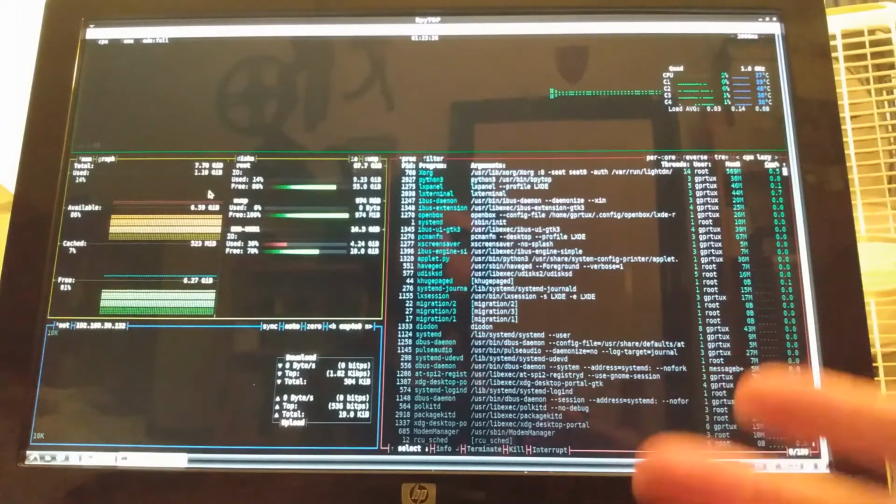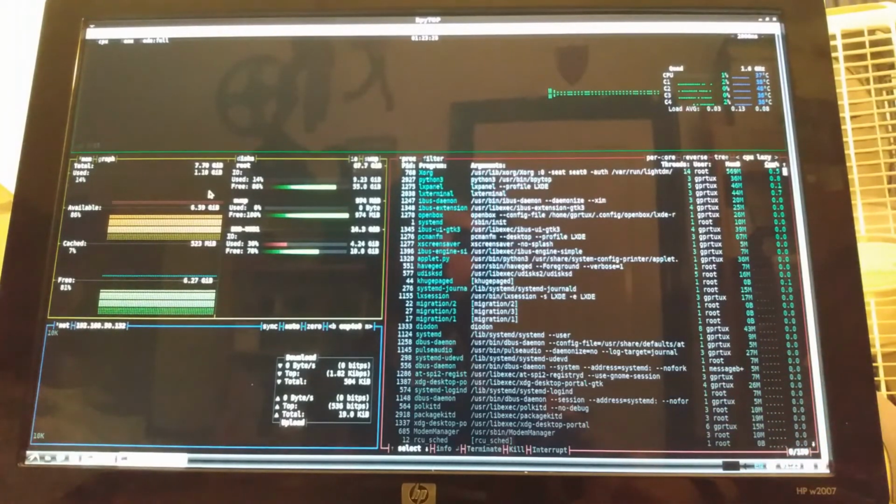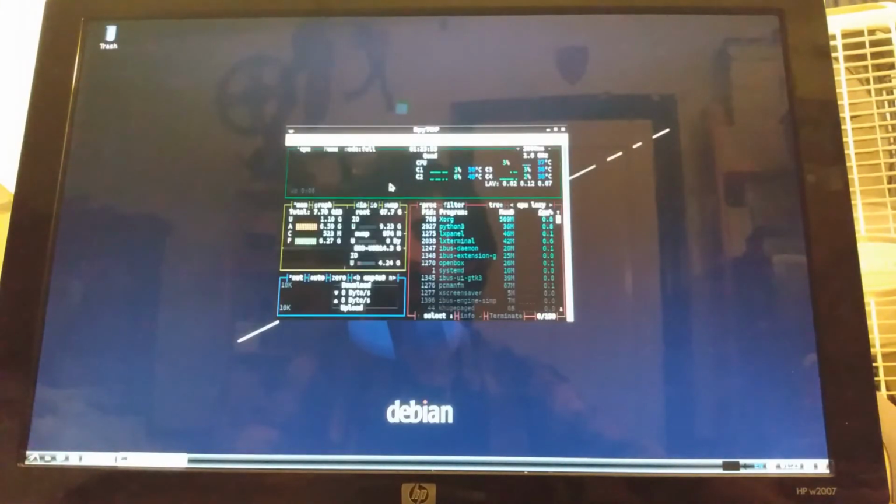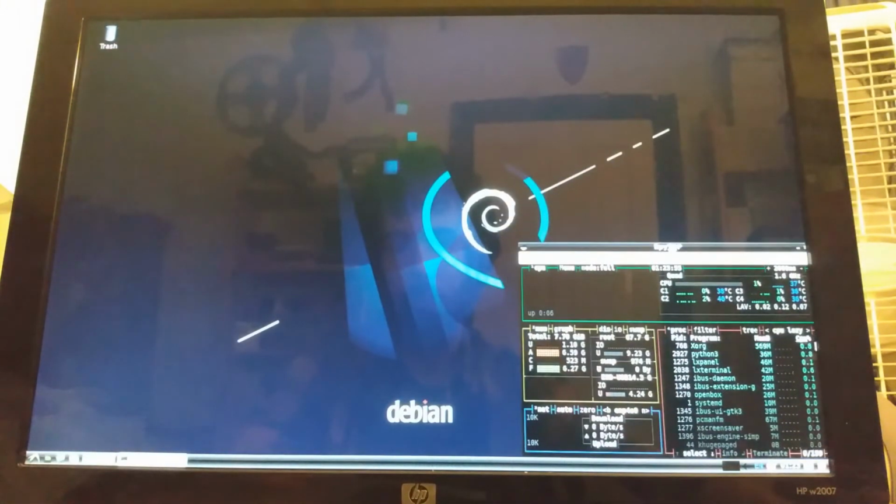And then 16 gig of RAM will all of a sudden be the new minimum. And people say that's absurd now, but they also said that needing 48 megabytes to run Windows 95 smoothly was absurd, and that no one was going to do that. So that's just the way that goes. I really like this resource manager here.